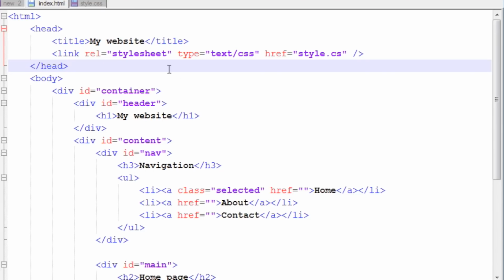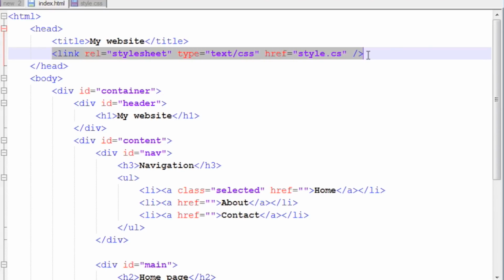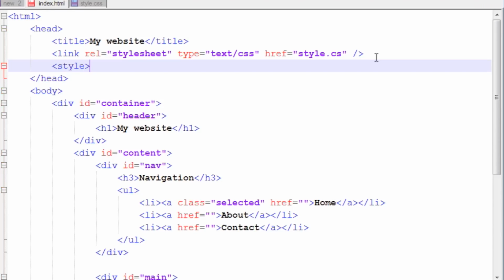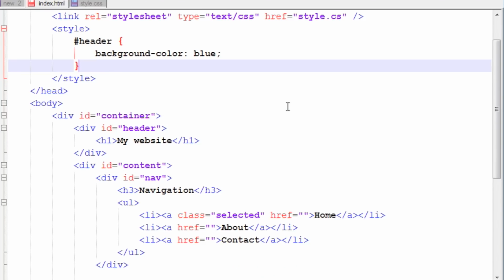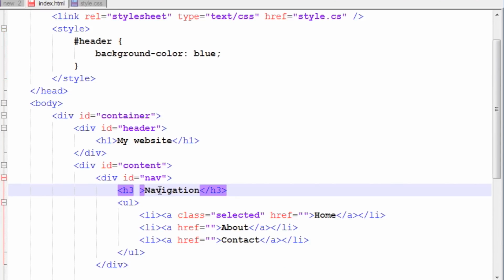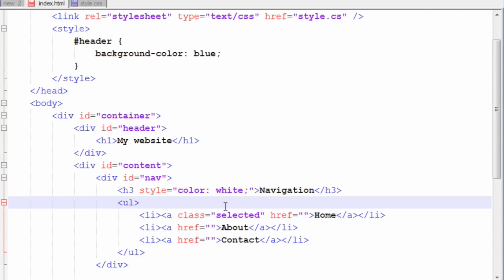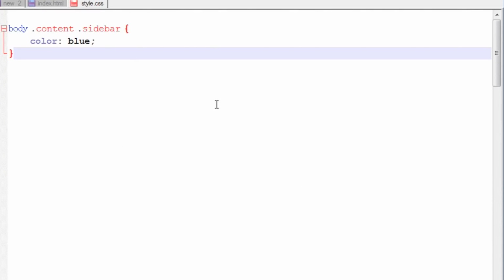One last thing I want to mention is that you don't need to put the CSS in a separate file. There are two other places you can put it. You can put it inside style tags, directly in the head section, just like that. Or you can use inline CSS. You can add the style attribute to any HTML tag. But it's better practice and much simpler if you keep the CSS separate in its own file, so I recommend